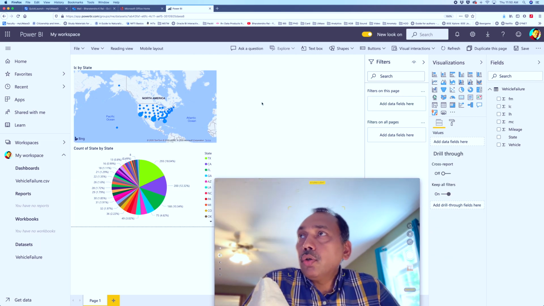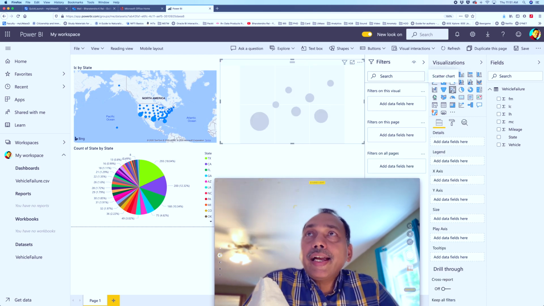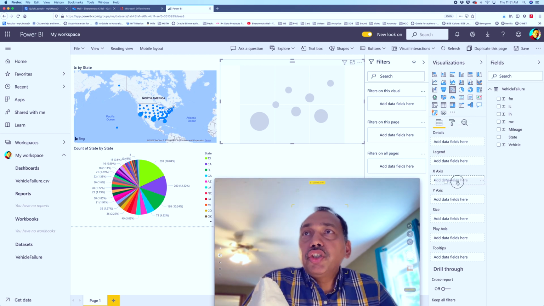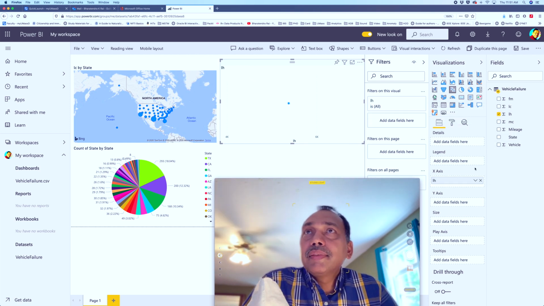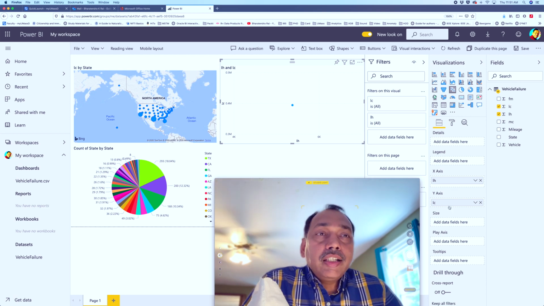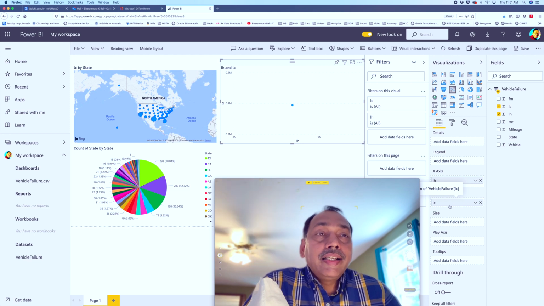Let's click outside and then add another plot. I'm going to add a scatter plot. And in the scatter plot, I'm going to use LH on the x-axis. LH stands for labor hours, and LC on the y-axis. LC is labor cost. Obviously we expect that as labor hours increase, like the amount of time a technician spends on a car repair, labor cost is also likely to go up.